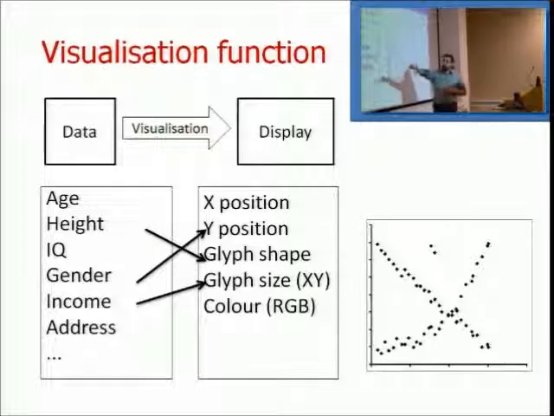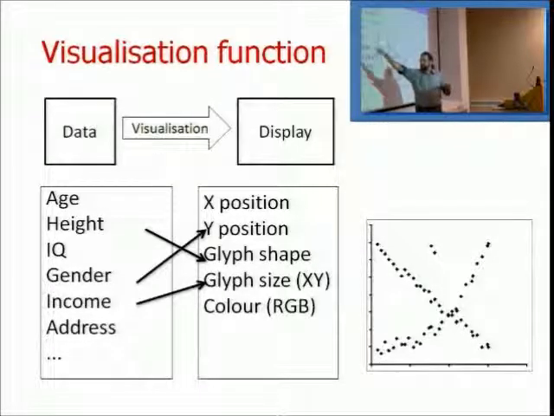Importantly, every variable on both sides comes with metadata. Things like range, type: is it categorical, is it continuous, does it have a zero, does it have an order, and all that. And it is possible to use this metadata to map things more intelligently, and there are tools that do that for you, that take the metadata, for example the range or the type of these two, and then try to match them so that it makes sense. And sometimes that leads to very interesting